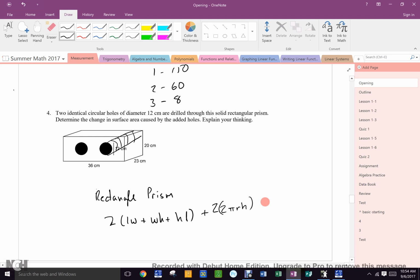Where? I removed just those 4 circles, yes? So, as soon as my computer unfreezes, I removed 4 circles, which are pi r squared. You had to do all that math, and you just put the numbers in there. I don't have the answer because I'm too lazy. But the point I'm trying to make is you had to realize that you added some surface area,